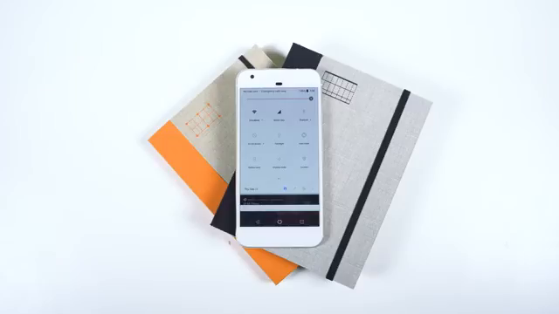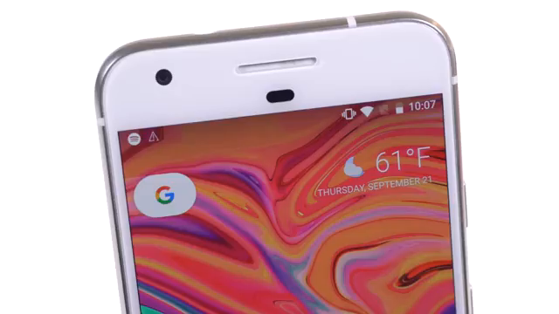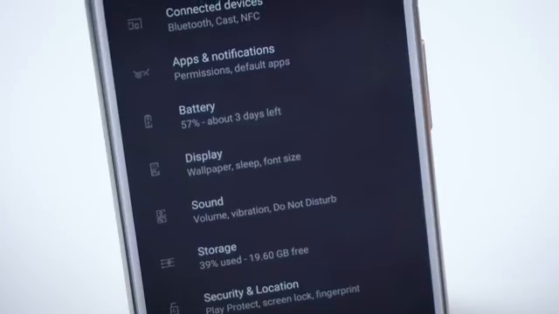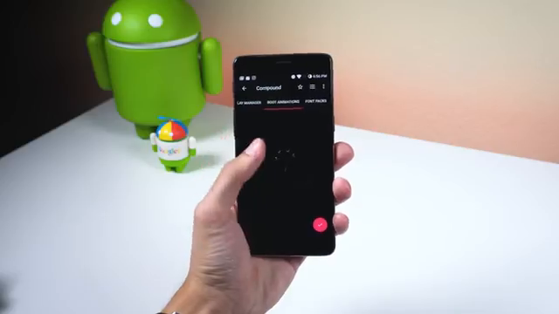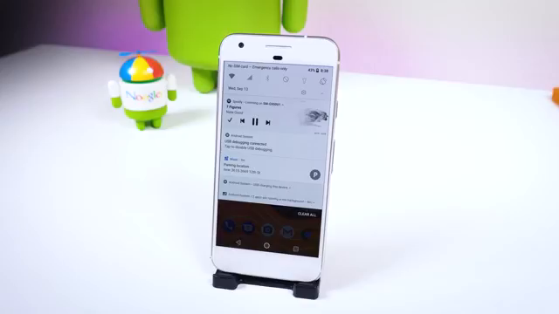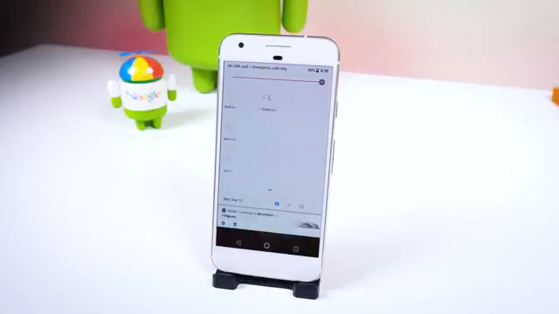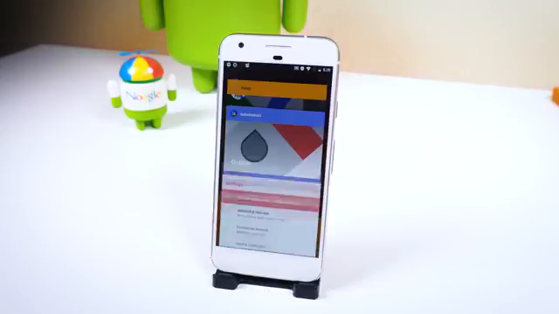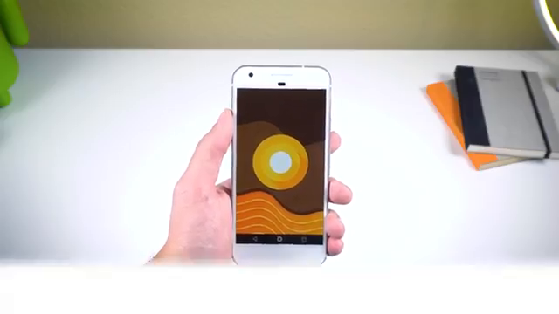There are some things that are still not working, such as not being able to theme the status bar, and you do have some limitations such as not being able to change the boot animation and system-wide font, as these two items absolutely require root access, but other than that, it works flawlessly. If you want a more detailed review and tutorial on how you can get this on your device, I made a whole separate video just on this topic, so I definitely recommend checking out that video if you have Android